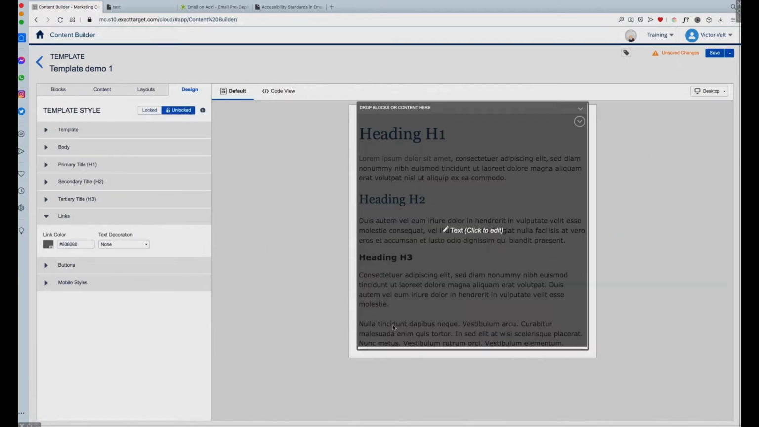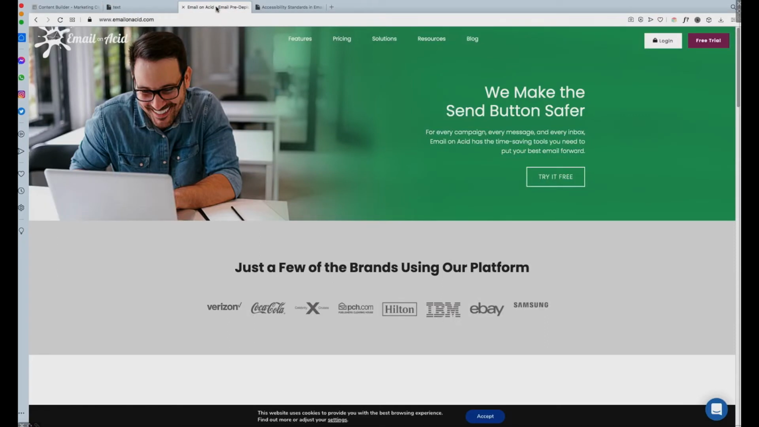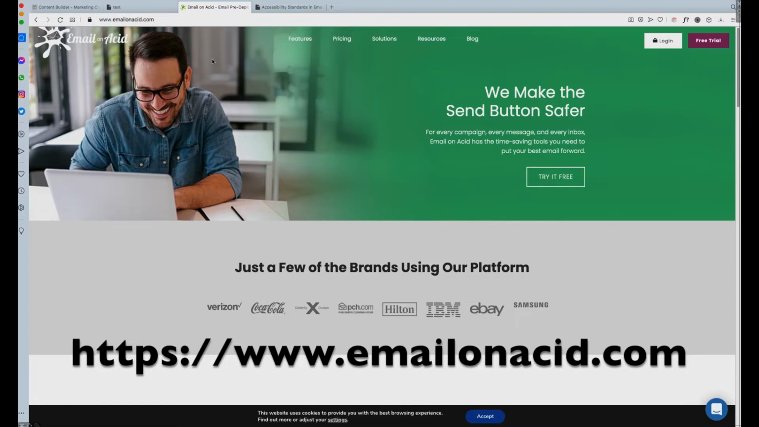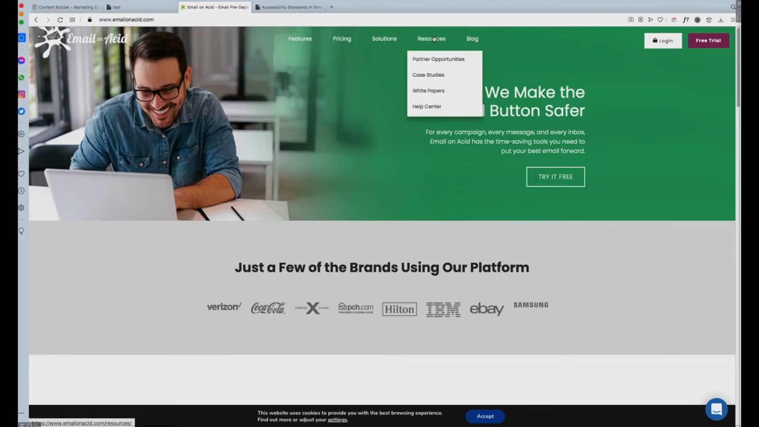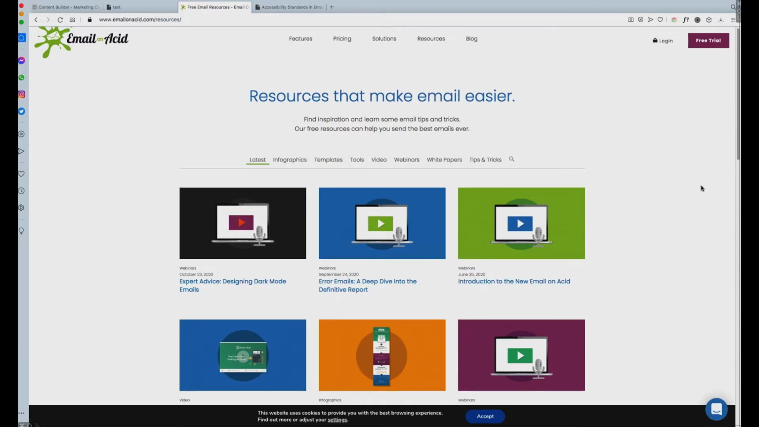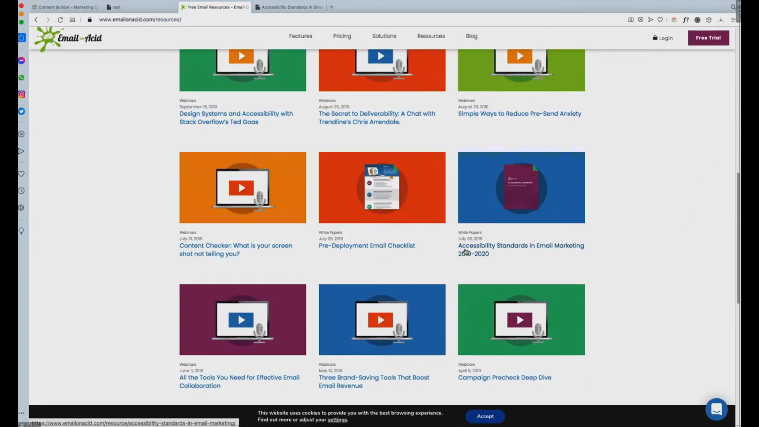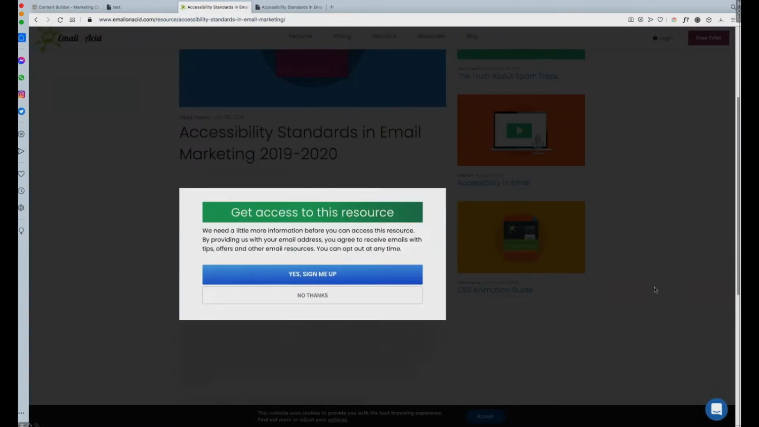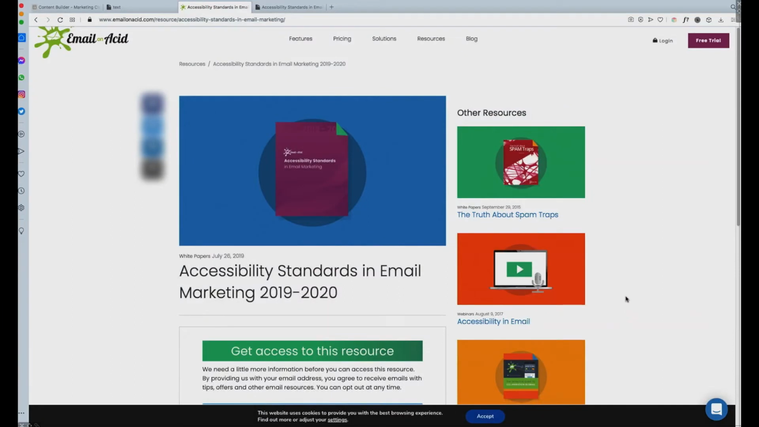Let me click done here for a moment. If we go to Email on Acid, their website, emailonacid.com, they have a very good white paper about best practices to make your emails and templates accessible. You go under Resources, click that. There's a whole list of different documents that they have available. Down here, there's accessibility standards. This is very, very good. Click on that, and you sign up for it. You give them your email address, and you submit that, and they will send you a link to download the PDF file. So the PDF file looks like this: